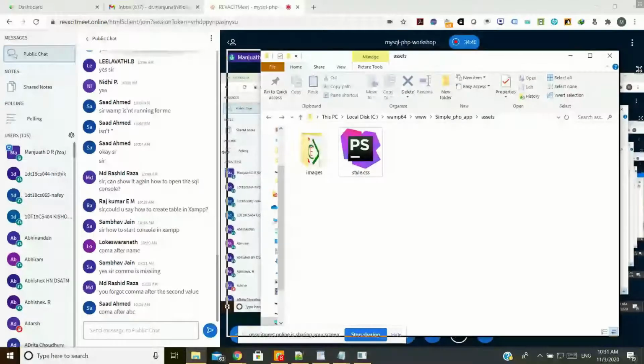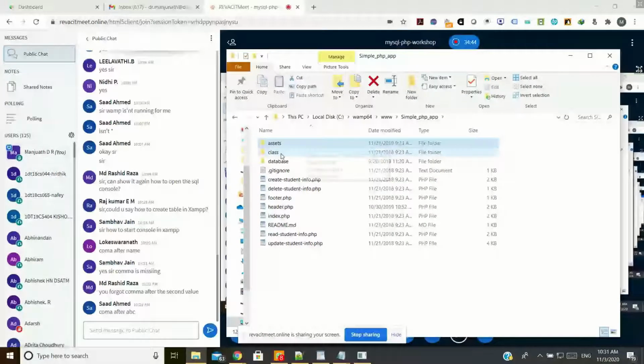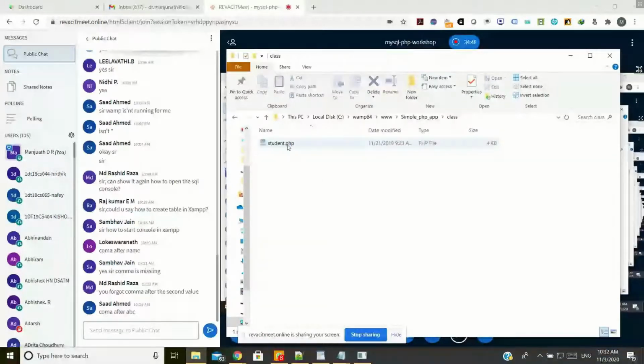My aside folder consists of everything with respect to the user interface. And I have one thing called class. I have created one PHP file, which is my model. All necessary models are created in this folder, including the database connectivity. Everything I'm going to connect here, and also the models necessary for my application.